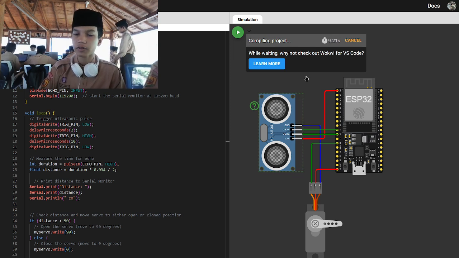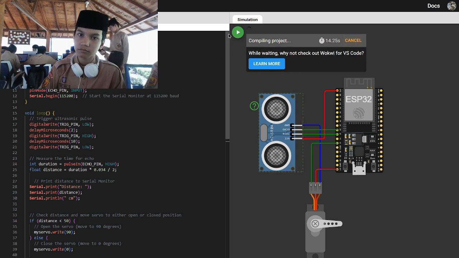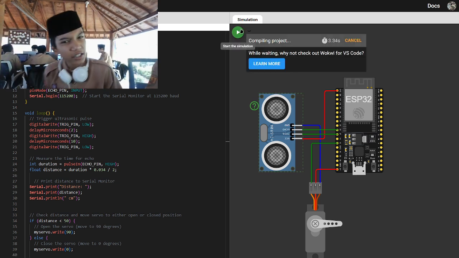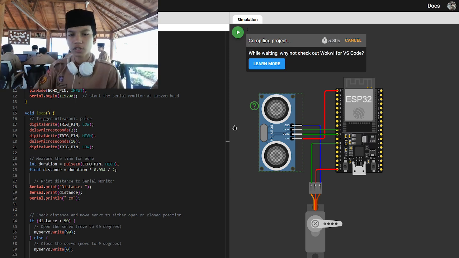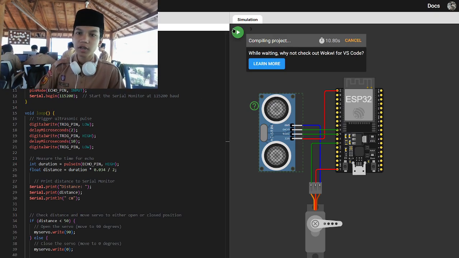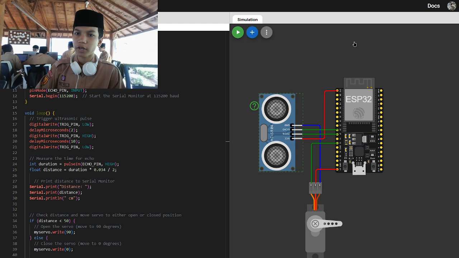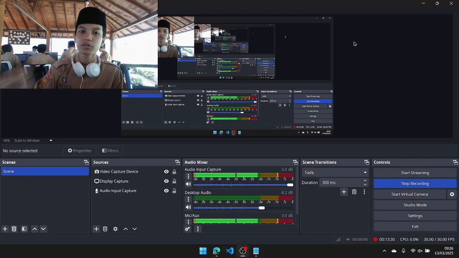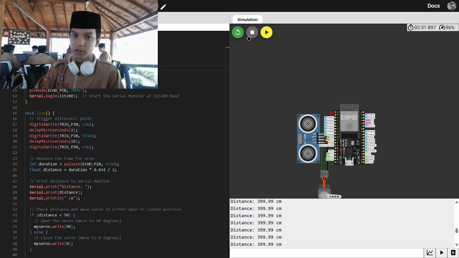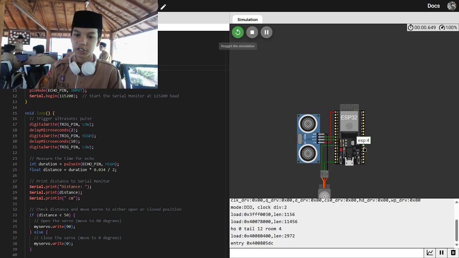While waiting, why not check out VS Code? Basically, we need to compile. Well, it takes time. So, guys, maybe it takes a lot of time, but we don't really need to wait for it, I guess, because I have another one, the real project, so I will just show you this one because it's already compiled. Okay, now once you're done with this, let's close it and you can start the simulation, and it will start